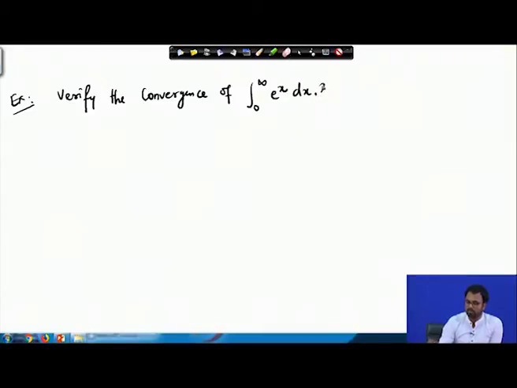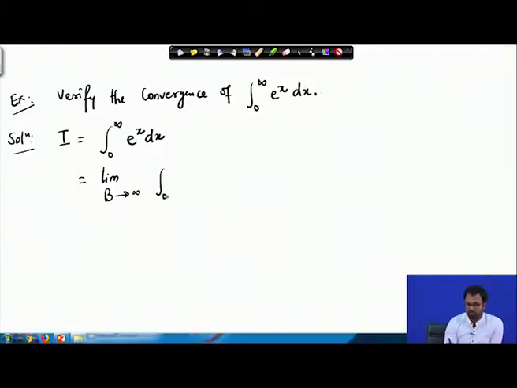So, we have to verify the convergence of this integral here. So, this one is again of type 2, that means where the upper limit is infinity. So, I can write our integral as I, which is equal to 0 to infinity e to the power x dx, and then I can use the limit